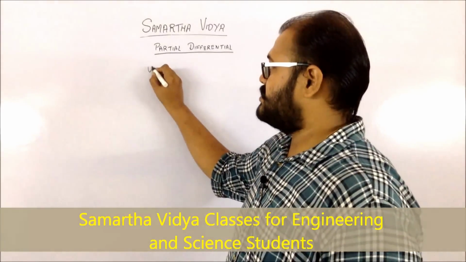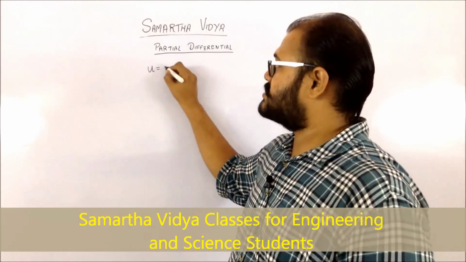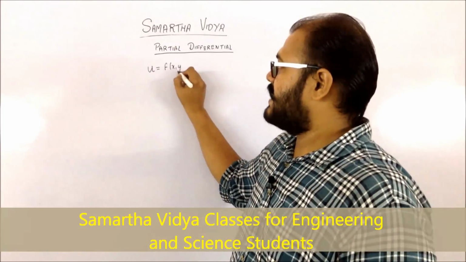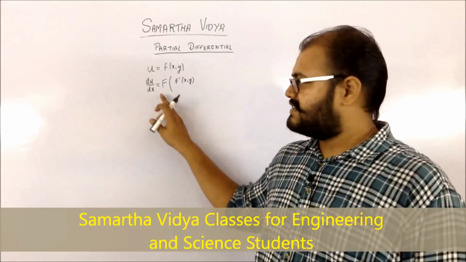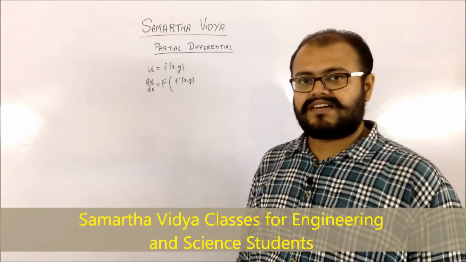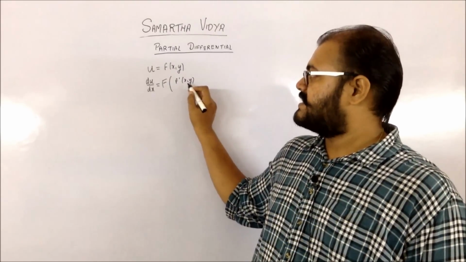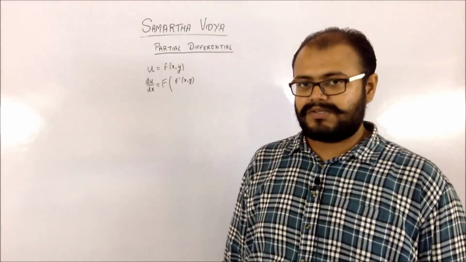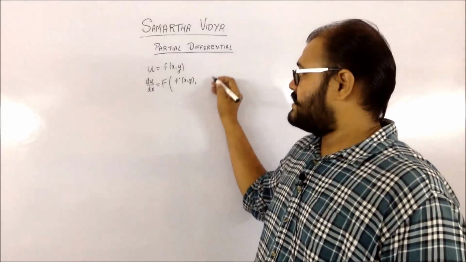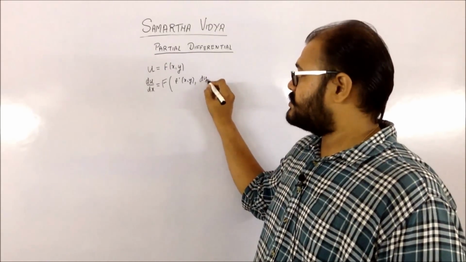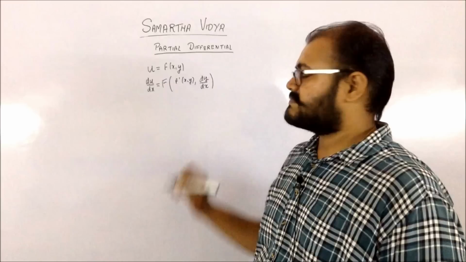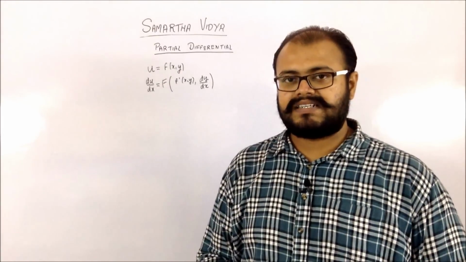Now, you know that when you are taking a derivative of a function with respect to some variable, let us consider u is a function of, let us say, x and y. When you are taking the derivative of this particular function, its derivative will involve the derivatives of the terms related to x and y, and also the derivative of y with respect to x, because the respective part is very much important over here.